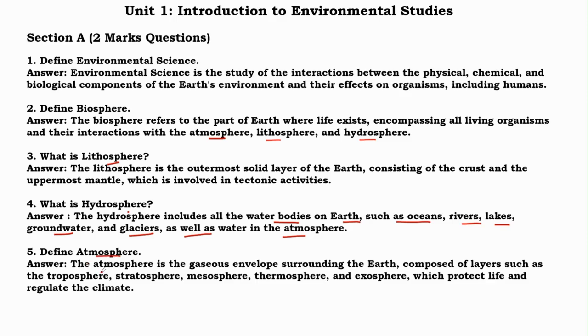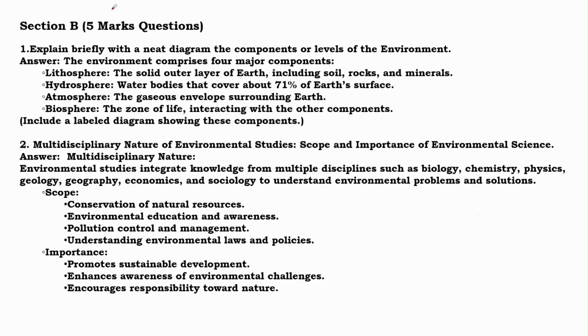What is atmosphere? The atmosphere is the gaseous surroundings of the earth, composed of layers such as troposphere, stratosphere, mesosphere, thermosphere and exosphere, which protect life and regulate the climate. So yeah, five mark questions will be: explain briefly with a neat diagram the components or levels